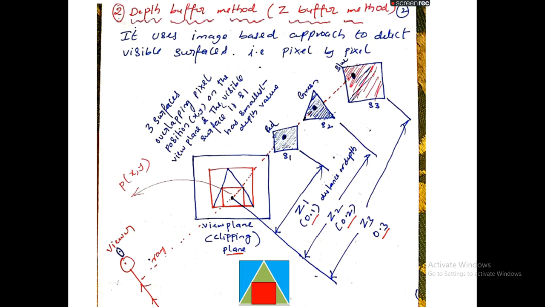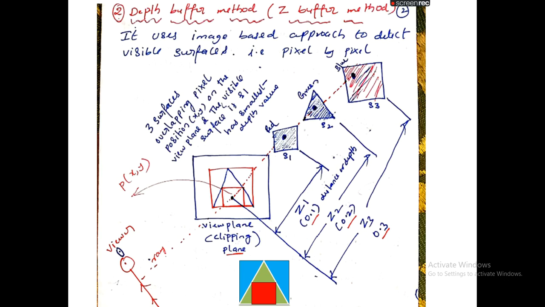Whenever any part of the object is not visible to the viewer, this algorithm will remove those hidden surfaces, and only the surfaces visible to the observer are projected on the screen of the monitor.